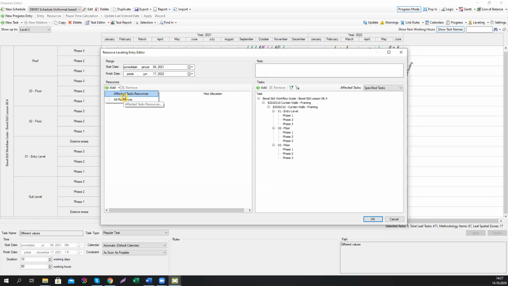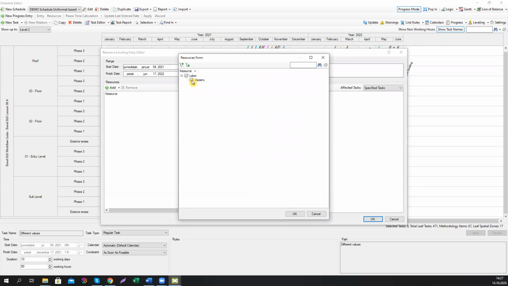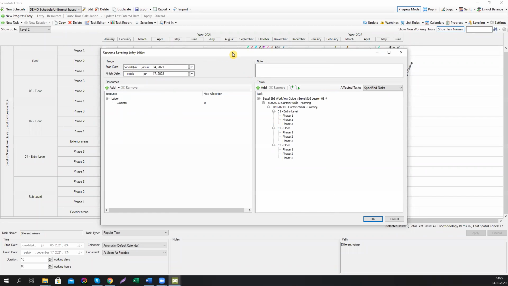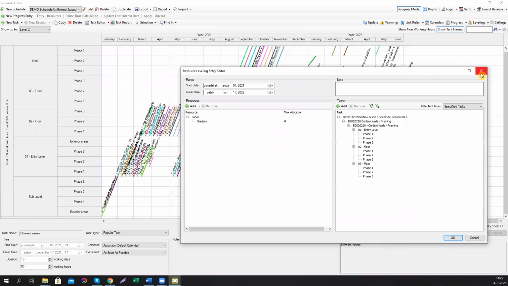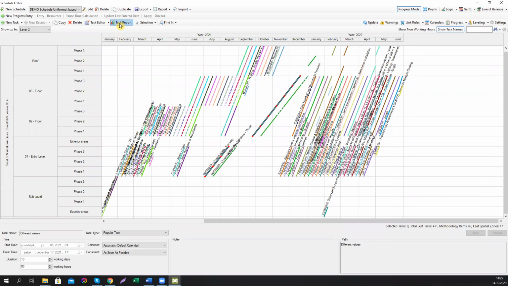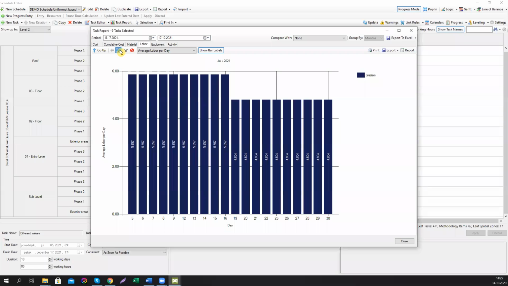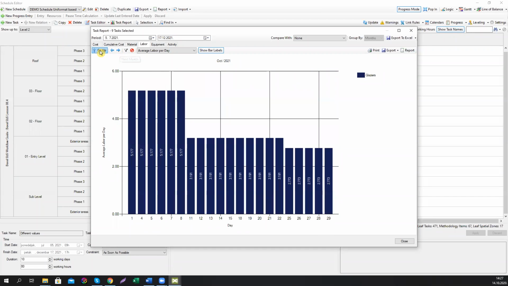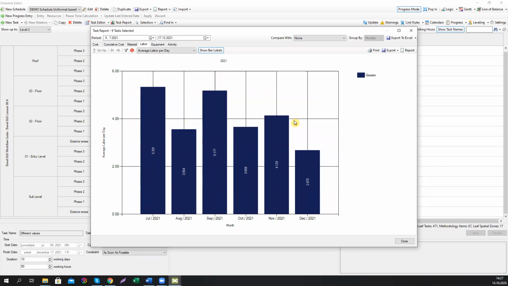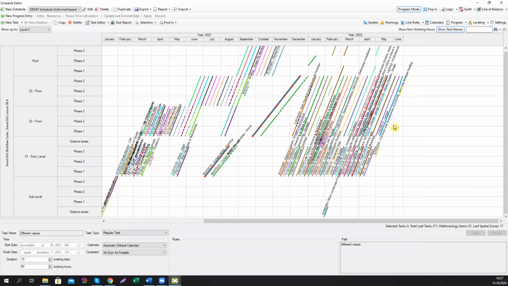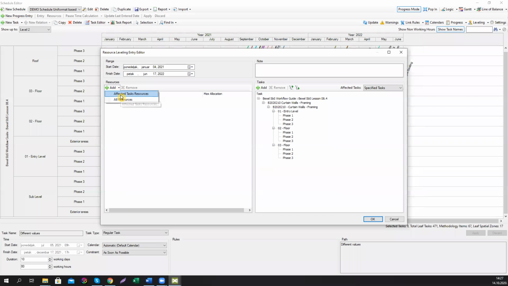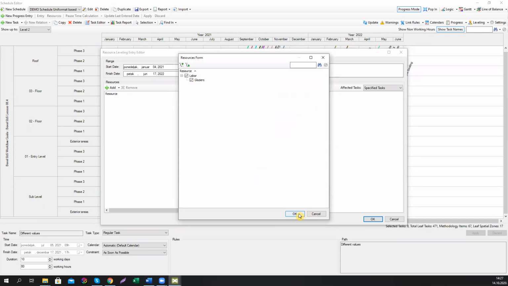I want to add only affected task resources. In this case, it's glaziers. And as I have seen, we have to repeat this process. I forgot to first go to the task report and check what the levels of our resource use are at this moment. As we see, we have 6, then 4, then 3.5, 5 workers. So more or less, if we average this at 4 workers per day, I believe we're going to get much better results. So again, with this selected, go to level selected, add affected task resources, glaziers, and